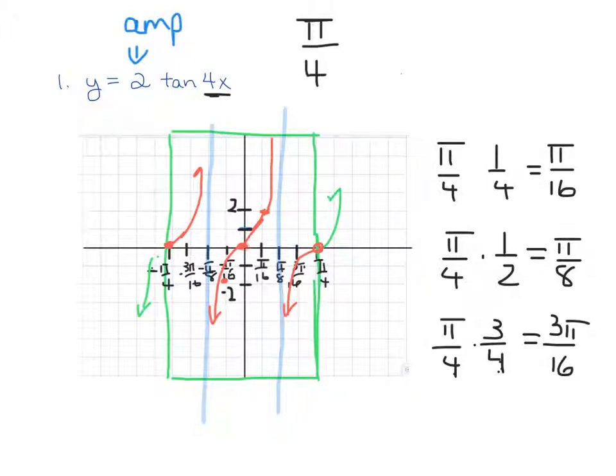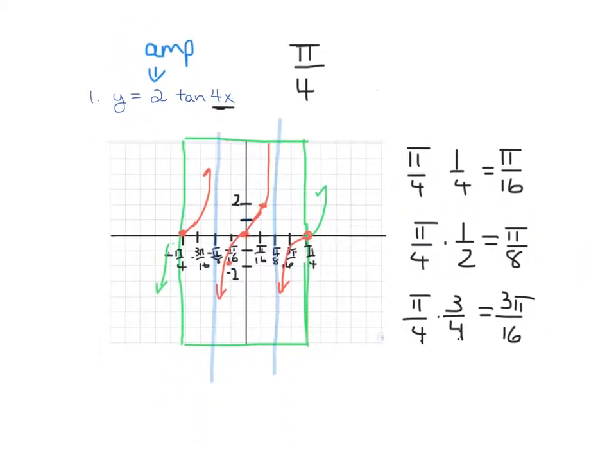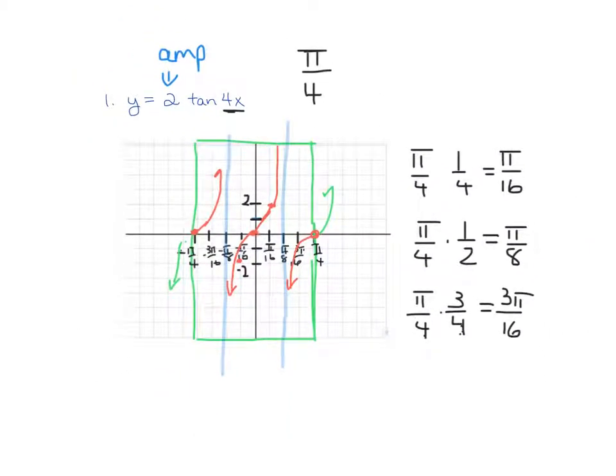So that would be where the cycle or the period was changed. And it also had an amplitude of 2. So this one's going 4 times as fast. Now we're going to go half as fast, so we're going to go slower on the next example. You're pretty good on this one? Okay, so for the next one,